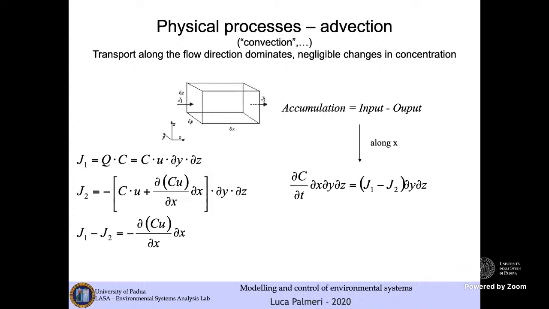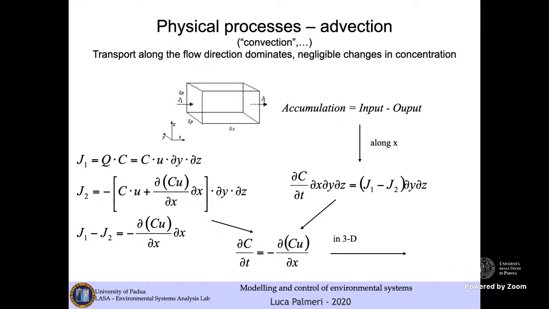And let us only consider one direction for simplicity here, so along the x-axis, we end up by writing that the variation in time of the concentration C times the infinitesimal volume, so this is V times concentration, volume times concentration, so this is a mass term, is equal to J1 minus J2 multiplied by the section to which the flow takes place. And then, if we put these things together,